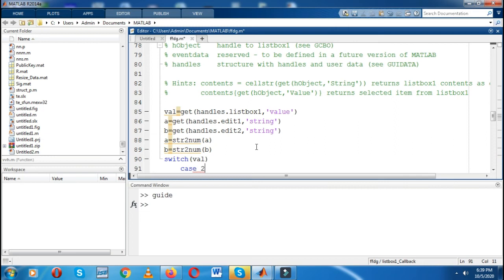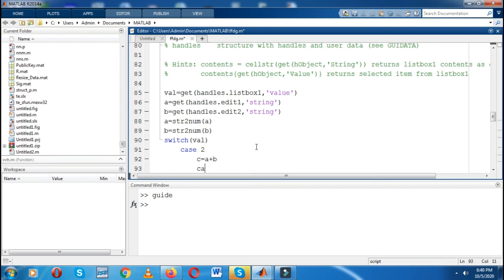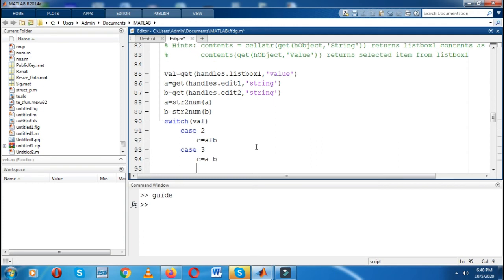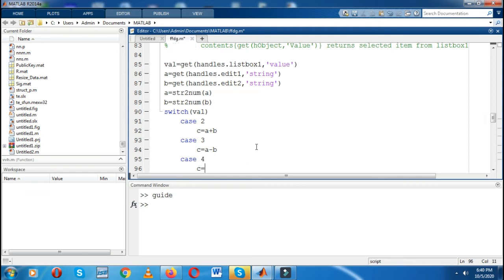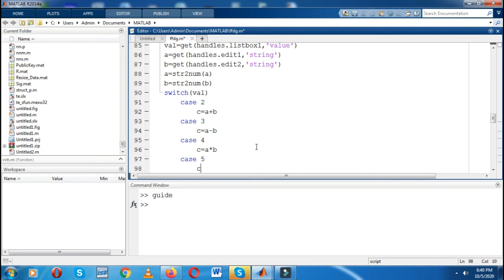The second case is case 2, so simply I will take C is equal to A plus B. Then case 3, for example, C is equal to A minus B. Then case 4, C is equal to A into B. Then case 5, C is equal to A divided by B.